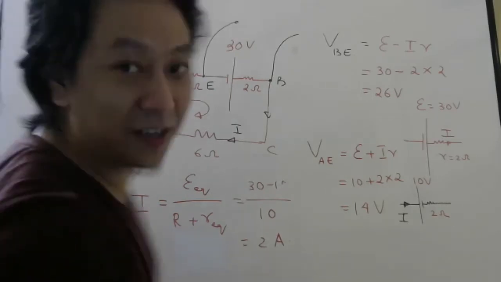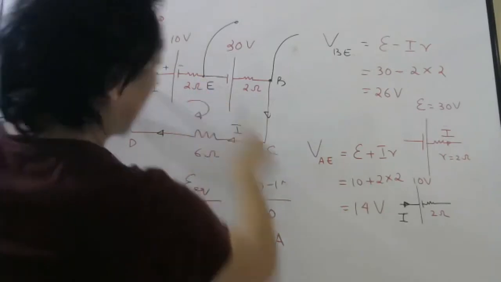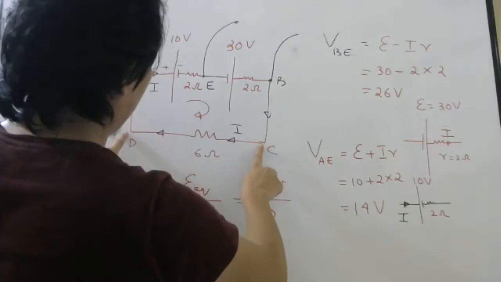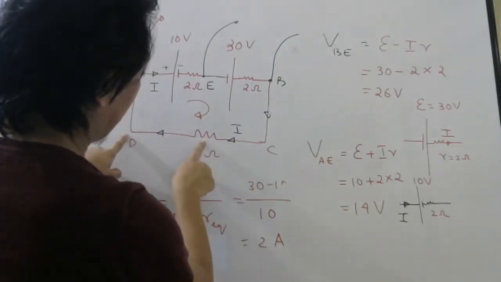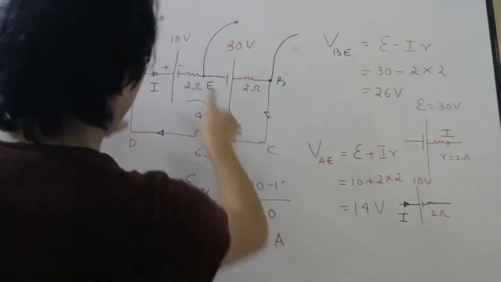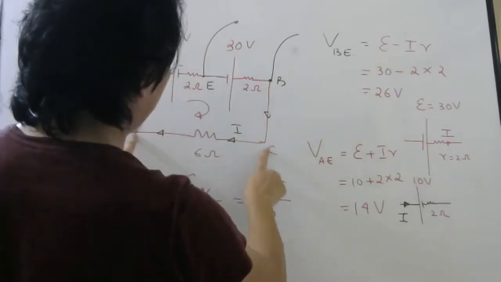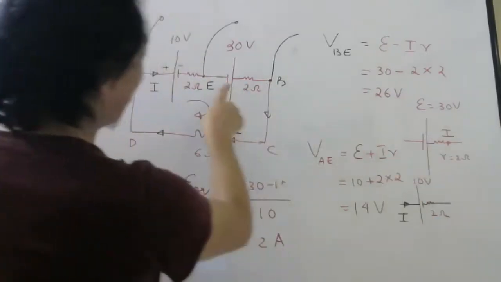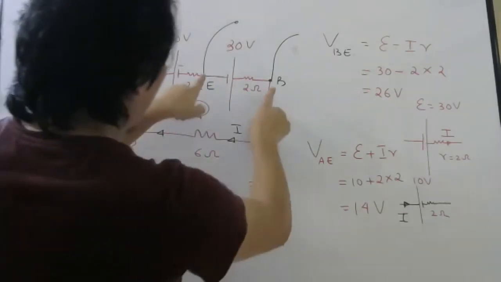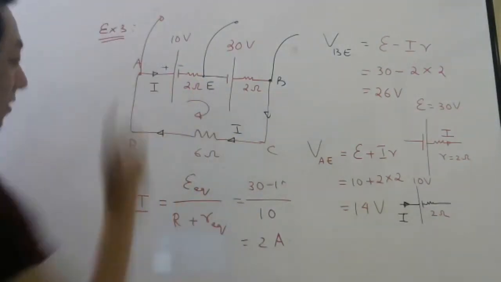Okay, now see, very interesting. Here what is the potential difference? Here 14. Here 26. Here how much will it be? I into R means 2 into 6, 12. Here 12, here 14, here 26. How is it 12? Usually this should be this plus this. Understand, this is opposite, right? So this minus this will be this. So 26 minus 14 will be 12, because this is opposite to this.